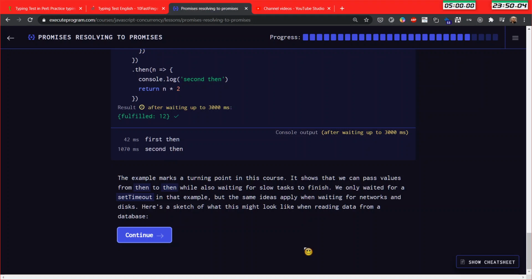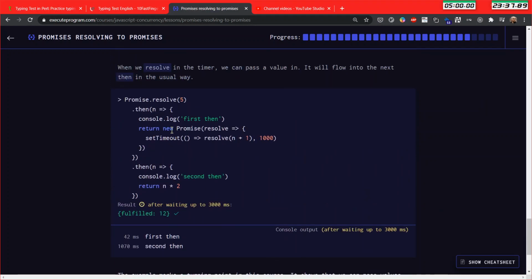First, second. Okay, the example marks a turning point in this course. It shows that we can pass values from then to then while also waiting for slow tasks to finish. So we have a return new Promise, and here we are waiting for something. And then we can do the...